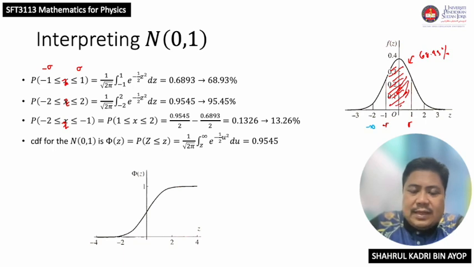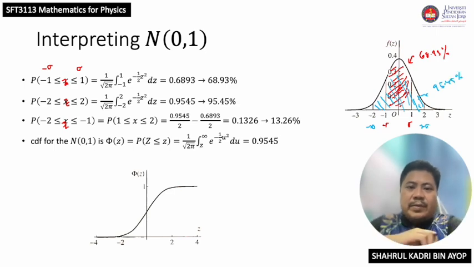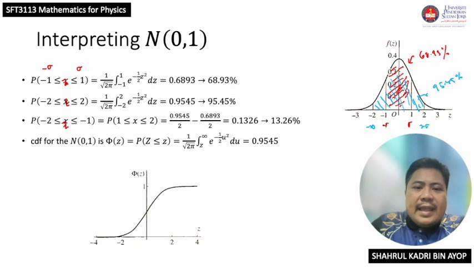-2 standard deviation and 2 standard deviation, so we can calculate here. Okay, so what we get is here. The area under the graph represents 95.45% of probability. And if we want to calculate, for example, -1 to 1, so here, so we want to